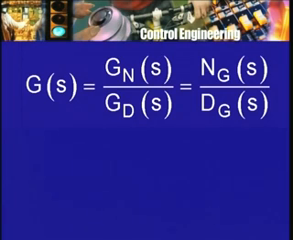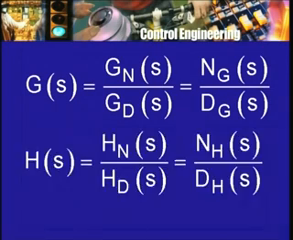Depends on which way you like to think about it. The G transfer function, its numerator, and the G transfer function, its denominator. That's what G of s is. Likewise H of s will be equal to Hn of s divided by Hd of s, the numerator part of H, the denominator part of H, or alternately the numerator of H divided by the denominator of H. So we think of the two transfer functions in terms of their numerators and denominators, and as you know by